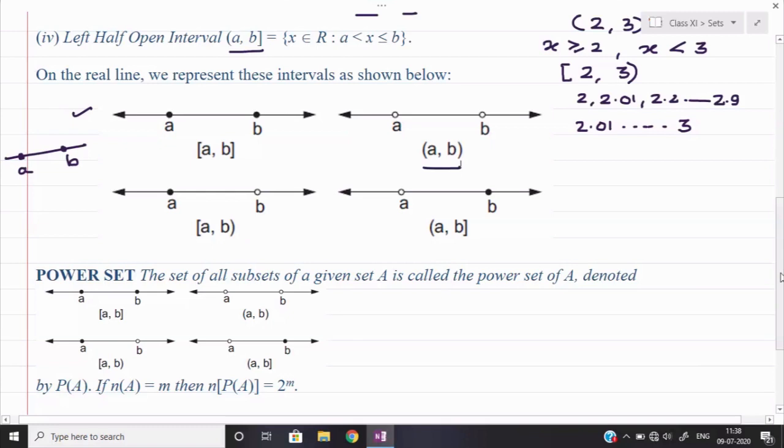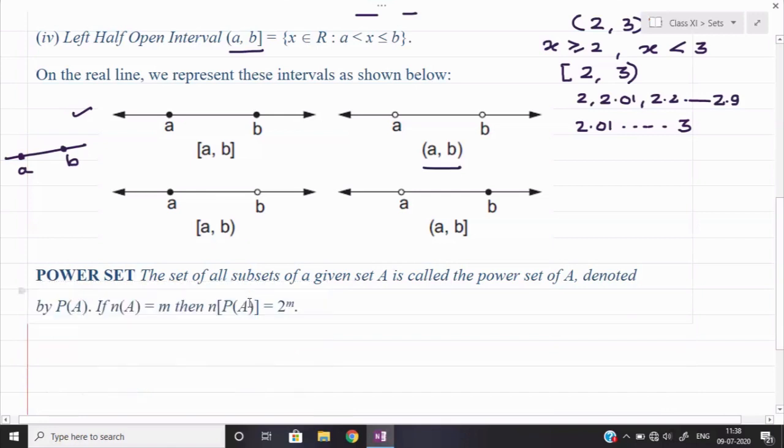Now see what is given: meaning of power set. This diagram has come again over here, so it is better we remove it. This is not required. So what is the meaning of power set? That last definition we shall discuss for topic number 3. Power set means the set of all subsets. Means if you collect all the subsets of a given set, that will be called the power set.